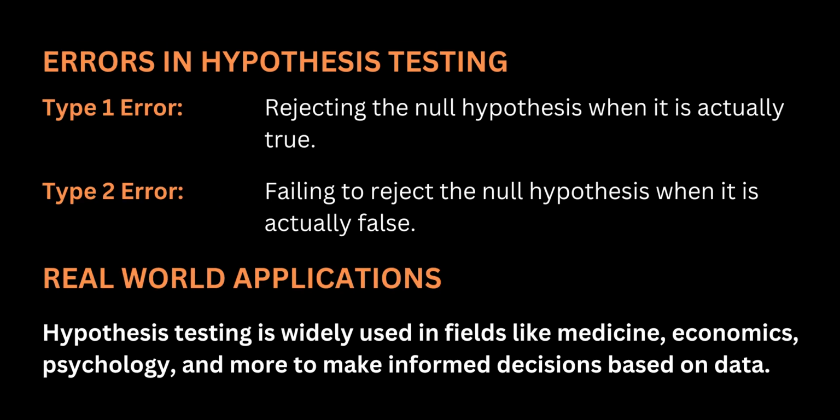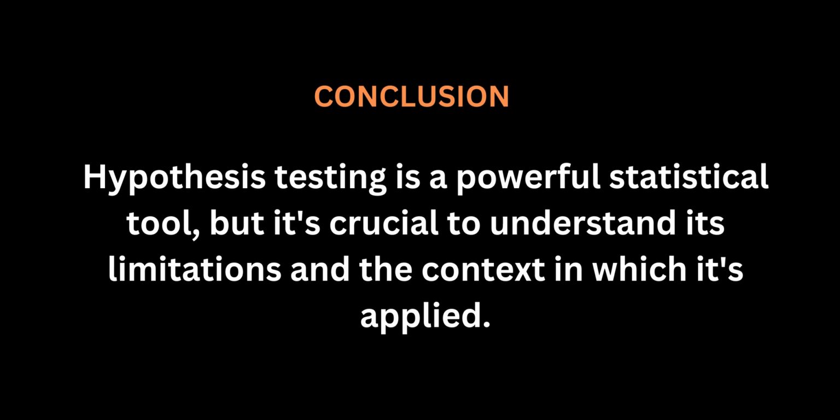Now, what are the errors in hypothesis testing? Type 1 error. Rejecting the null hypothesis when it is actually true. Type 2 error. Failing to reject the null hypothesis when it is actually false. Real-world applications. Hypothesis testing is widely used in fields like medicine, economics, psychology, and more to make informed decisions based on the data. Hypothesis testing is a powerful statistical tool, but it's crucial to understand its limitations and context